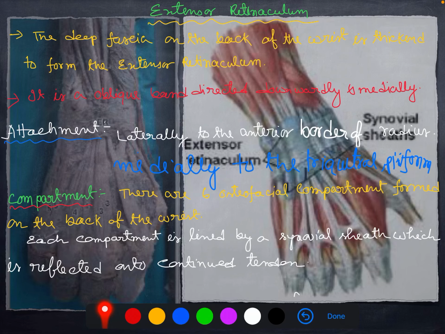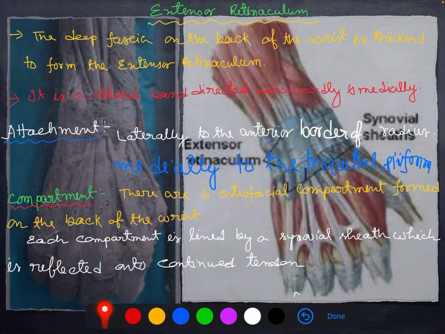Extensor retinaculum. The deep fascia on the back of the wrist is thickened to form the extensor retinaculum. It is an oblique band, not a straight line, and directed downwardly